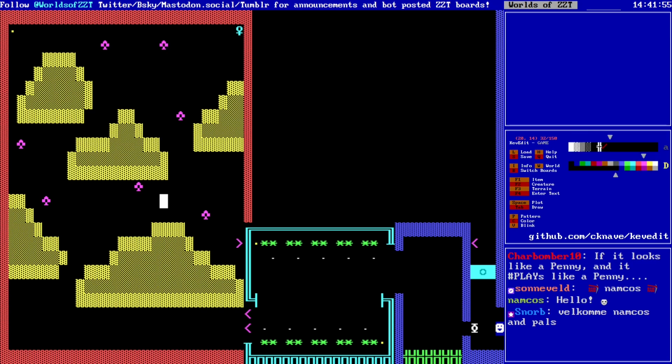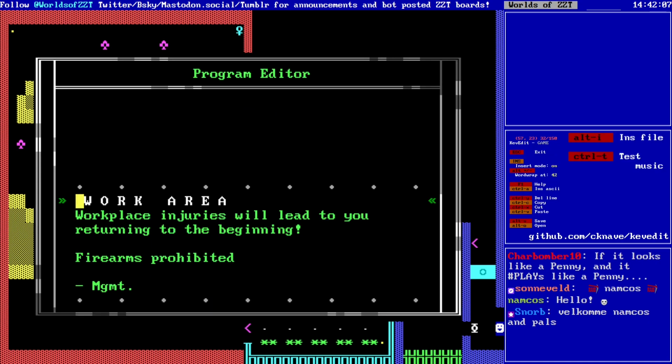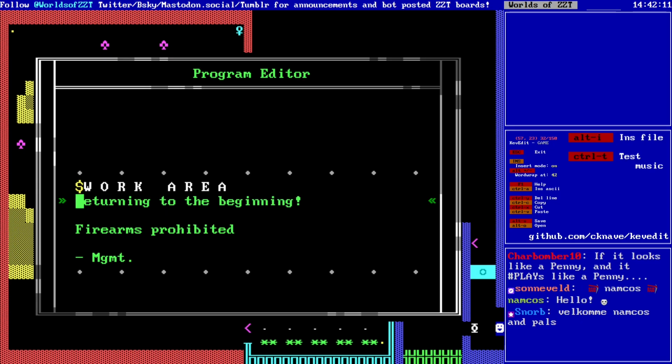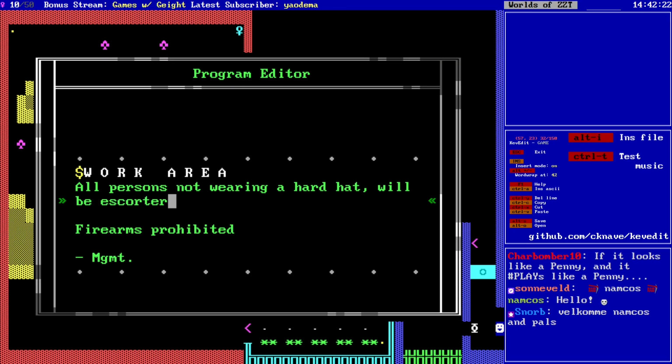Ruffians here. These boys run the construction crew. They've got their hard hats on. They'll kick you out if they find you. Oh, actually, change our message here about that. This still seems playing the return to the start. All persons not wearing a hard hat will be escorted from